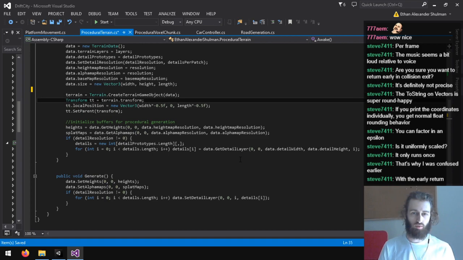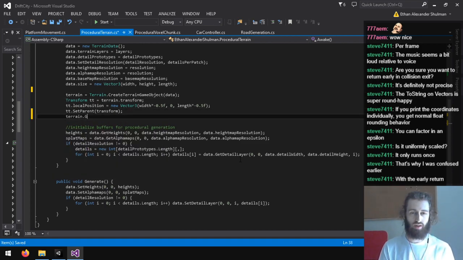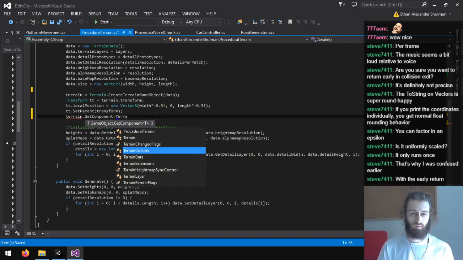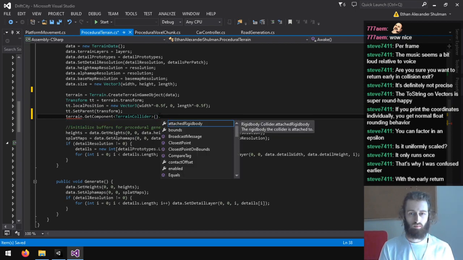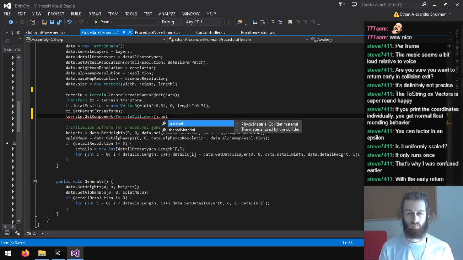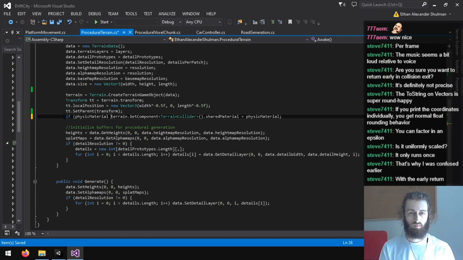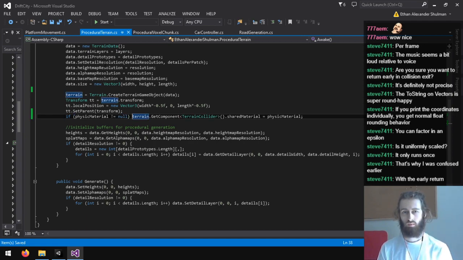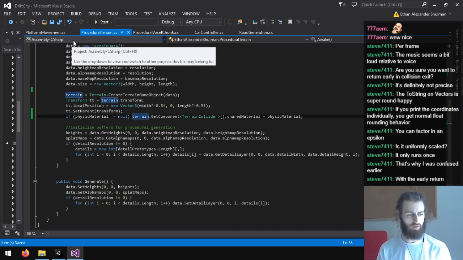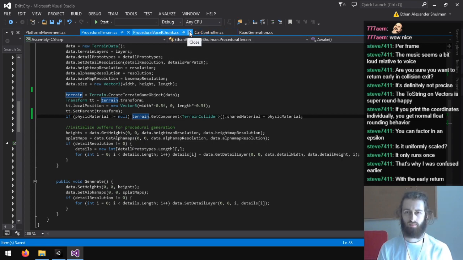This would be under the terrain game object, under terrain collider. There we go. So now we can also set up the physics material.